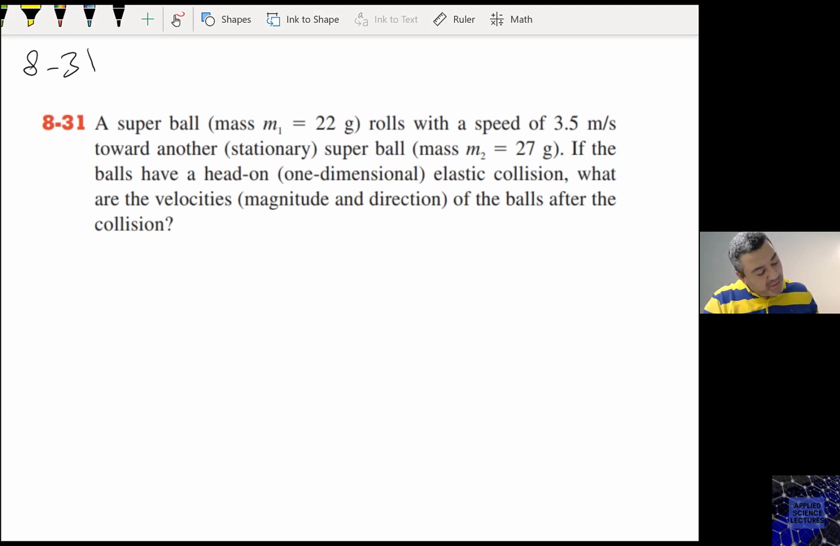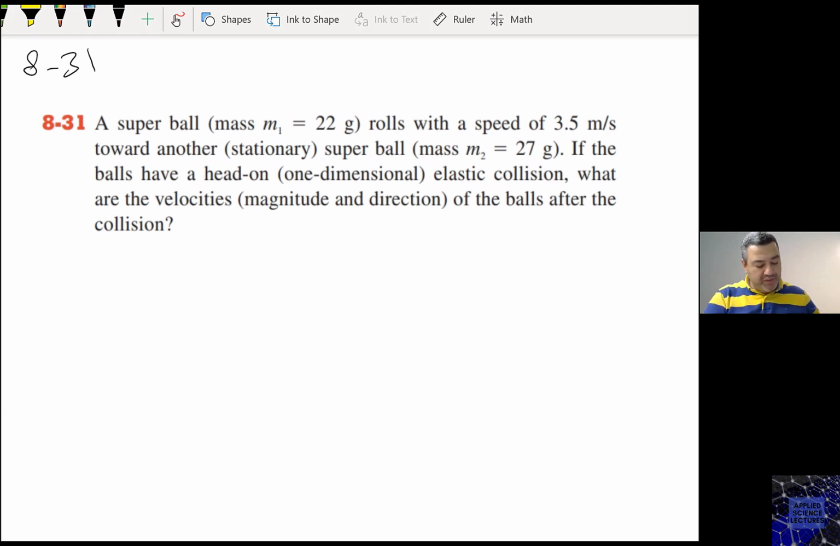A Super Bowl mass M1 equals 22 grams rolls with a speed of 3.5 meters per second toward another stationary Super Bowl mass of 27 grams. If the balls have a head-on, one-dimensional, elastic collision, what are the velocities, magnitude, and direction of the balls after the collision? So here we have an elastic collision problem